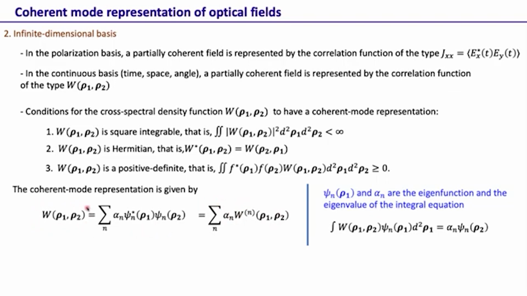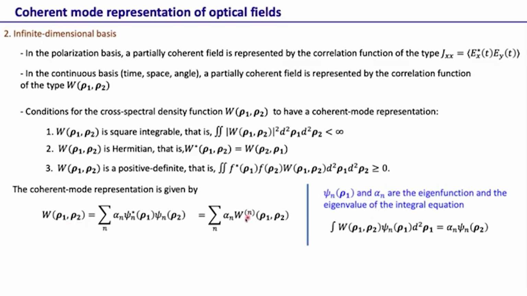So this field, which is partially coherent, can be represented as a sum of fields that are completely coherent. And why they are completely coherent: we can see that these W's are being represented by just a product and not the ensemble average. Okay, so for this continuous basis, it is not always true that one can represent this cross-spectral density function as